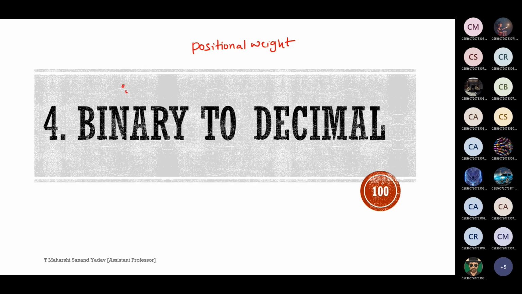So better you can consider this as input and output. Just for the sake of your understanding, I'm telling like this. If output is decimal, simply go for positional weight concept. So what is the positional weight? Will you use 2, 8, 16 or 10? Either 2 power 0, 2 power 1 or else 8 power 0, 8 power 1. For binary to decimal, it is 2 power 0, 2 power 1, and so on, depending upon the number of bits. Solve this one and tell me the answer. 1011.01, which is in binary, into decimal.